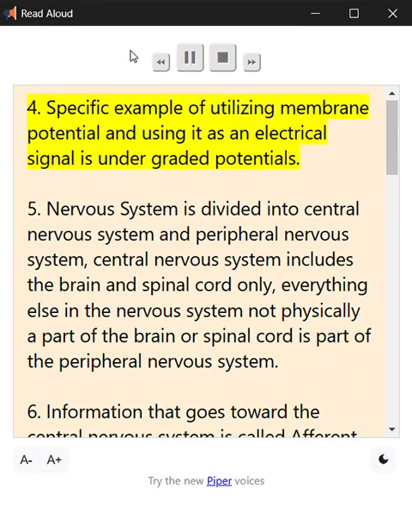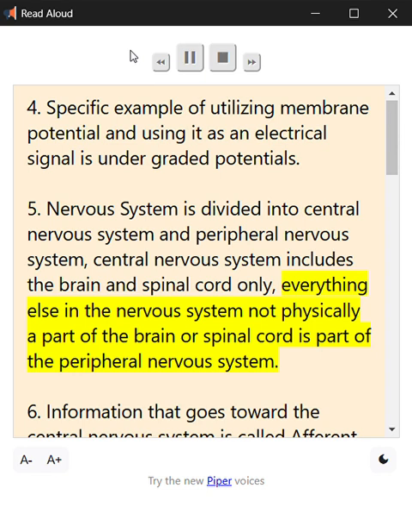4. A specific example of utilizing membrane potential as an electrical signal is graded potentials. 5. The nervous system is divided into the central nervous system and the peripheral nervous system. The central nervous system includes the brain and spinal cord only. Everything else in the nervous system not physically a part of the brain or spinal cord is part of the